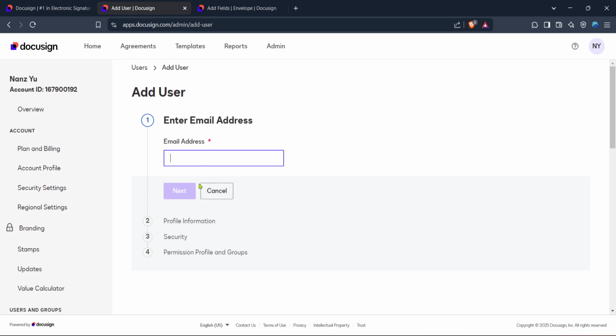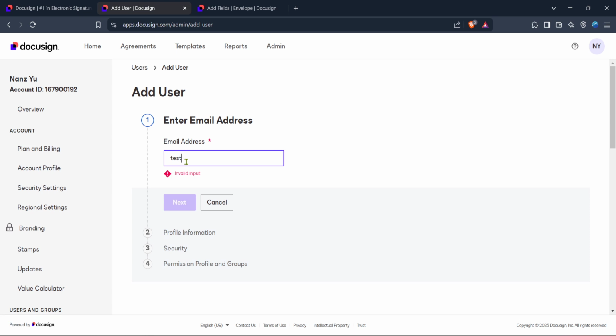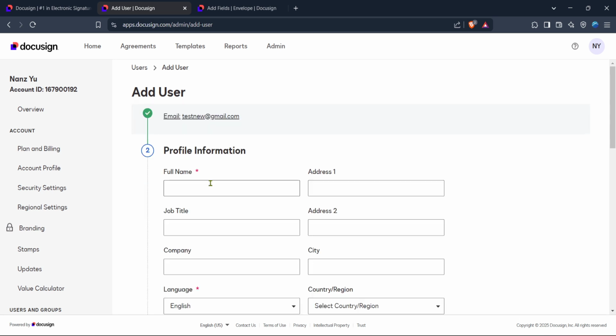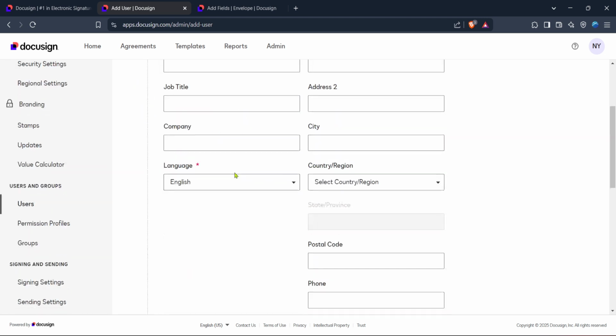Once you've successfully added the desired users, you might also want to set up new groups. This can be particularly beneficial for managing larger teams or organizing users based on departments or project responsibilities. To add a new group, navigate to the Groups option within the admin dashboard. Similar to adding users, this section will allow you to view all existing groups. You'll see an Add Group button here. Click on it and input the necessary group details to create a new category for your team members.